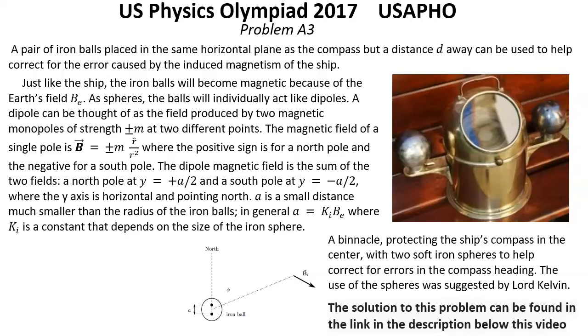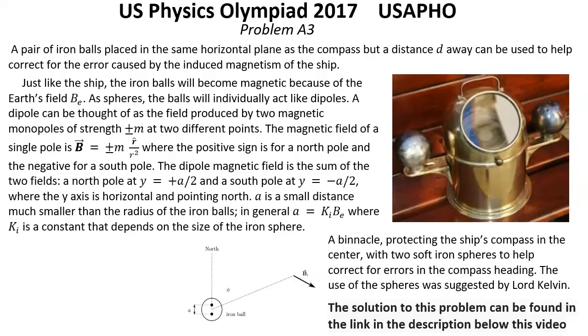The dipole magnetic field is the sum of the two fields. A north pole at y equals positive a over 2 and the south pole at y equals negative a over 2, where the y-axis is horizontal and pointing north. A is a small distance, much smaller than the radius of the iron balls. In general, a equals Ki multiplied by BE, where Ki is a constant that depends on the size of the